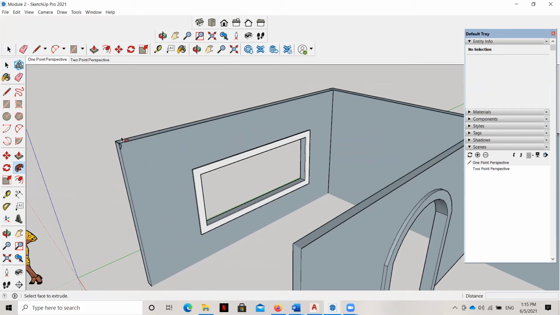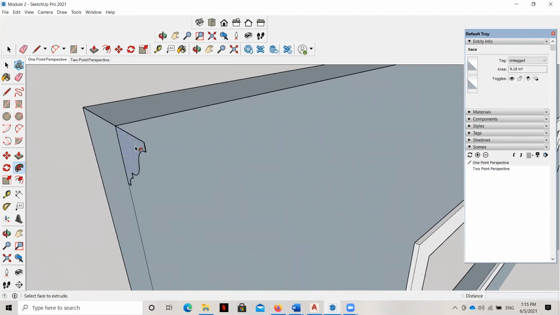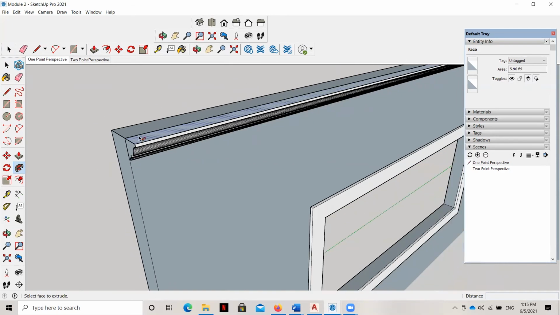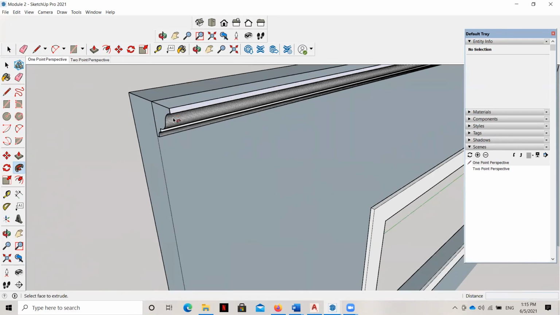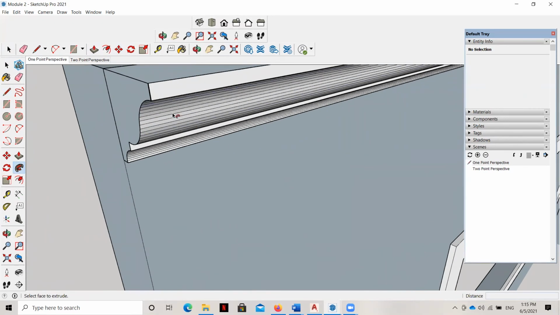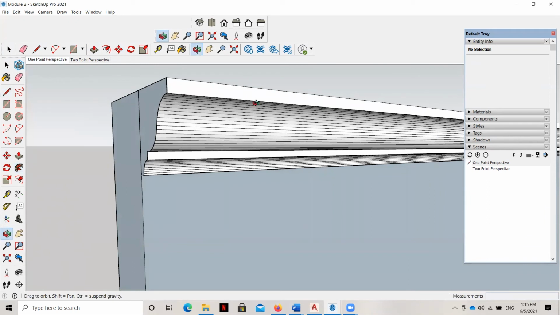So now, even though the lines that I wanted it to follow are no longer blue, they're still selected. And now all I do is just hover over that face. See, we can see the little blue dots, and click. And voila, we have molding everywhere. Now, the thing that I want you to be aware of is these are all individual faces because this is a curved object. And so we might want to just delete those. Otherwise, it's going to look real stripy and strange in our rendering.